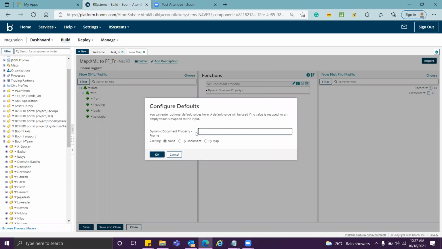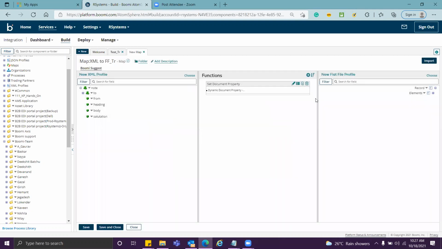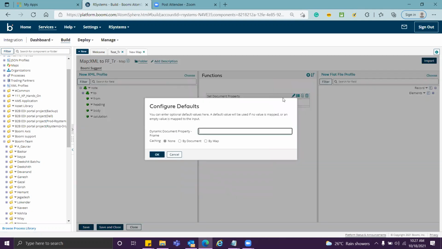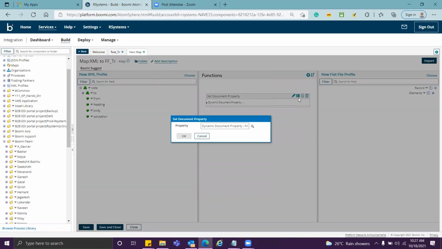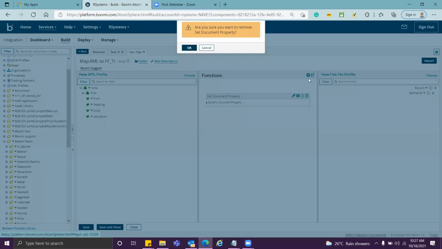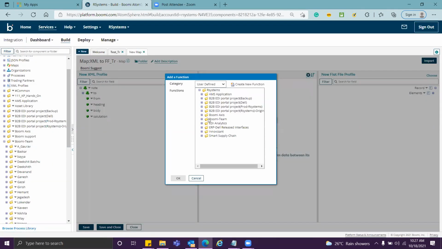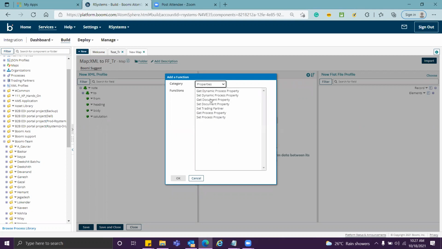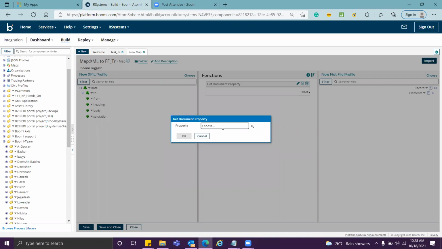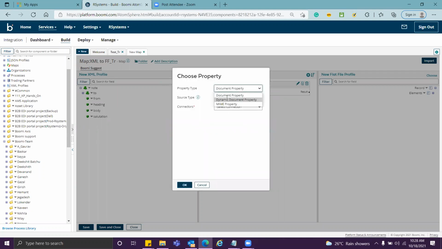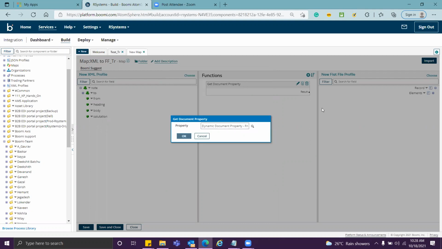So this is like asking me for a default value, right? So, oh, sorry, I clicked on set. I want it to be get, right? So click on OK, OK.